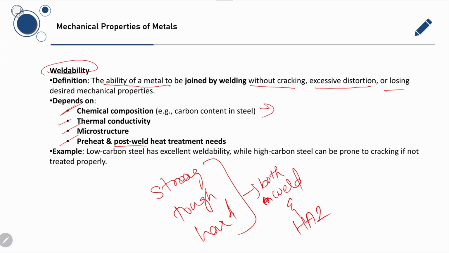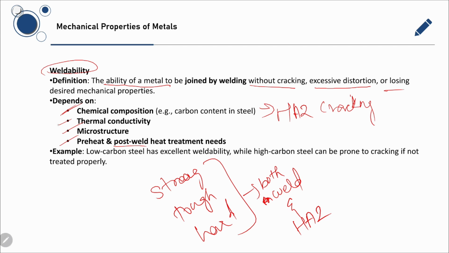Example is carbon and alloying. What is the issue with chemical composition? Higher carbon or carbon equivalent means higher hardenability and risk of heat affected zone cracking. What is the action required? Use preheat, low hydrogen consumables and controlled heat input. Consider post-weld heat treatment or temper for hard structures.